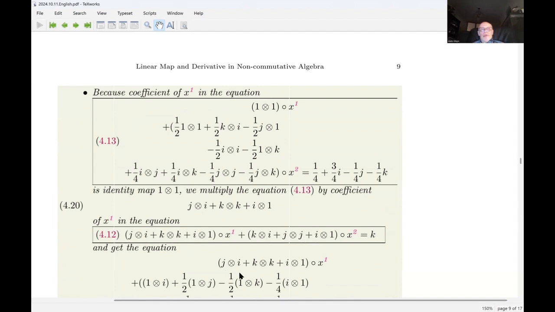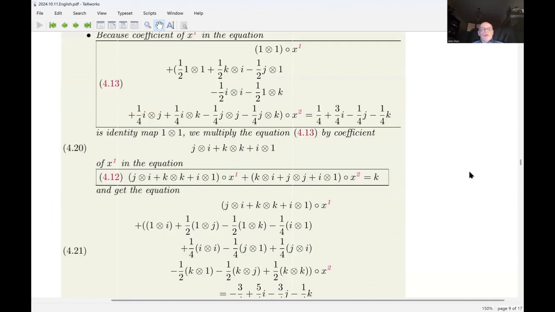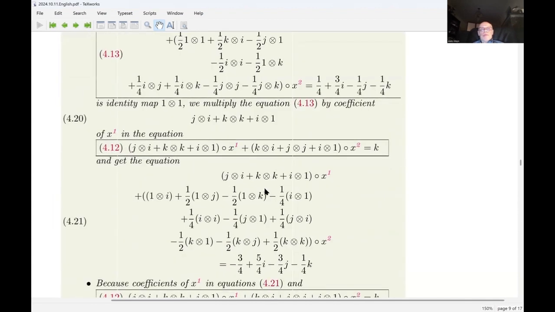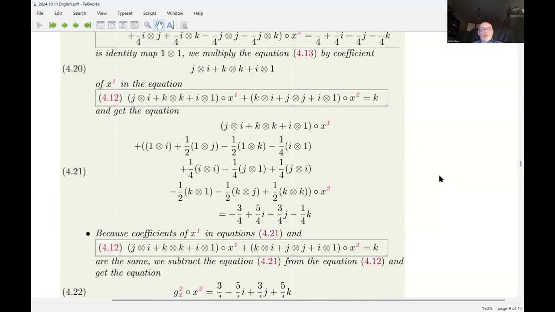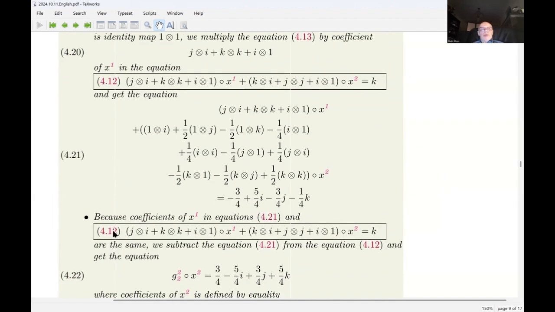And we get equation 4.21. Because the coefficients of x1 in equations 4.21 and 4.12 are the same, we subtract equation 4.21 from equation 4.12 and get equation 4.22,